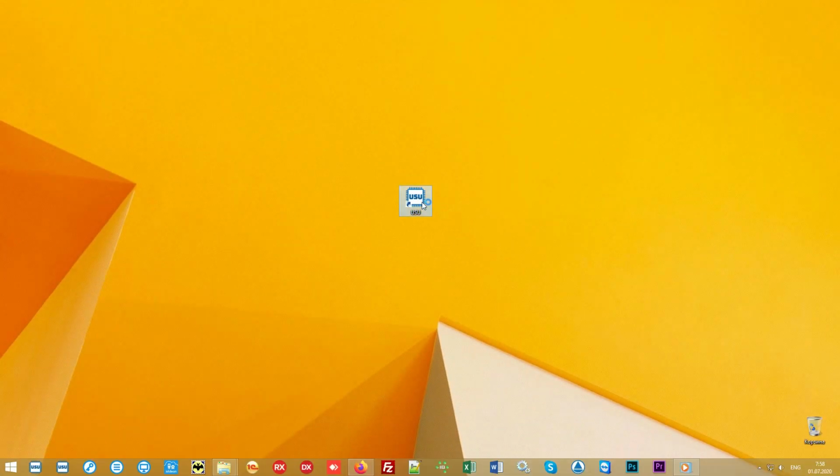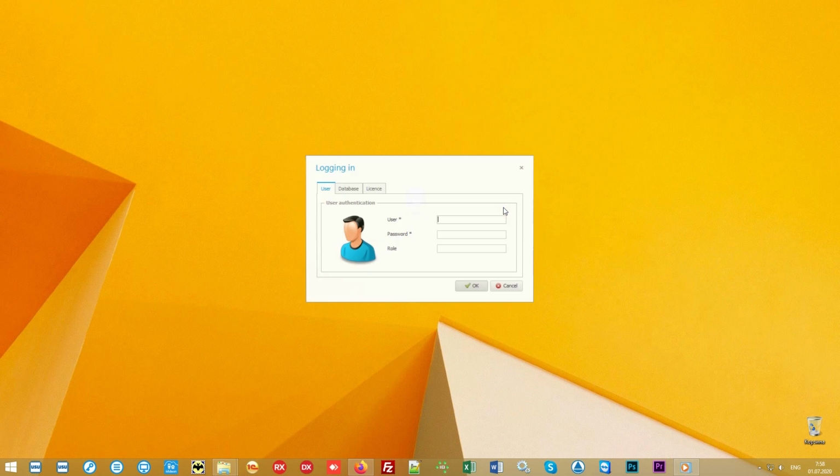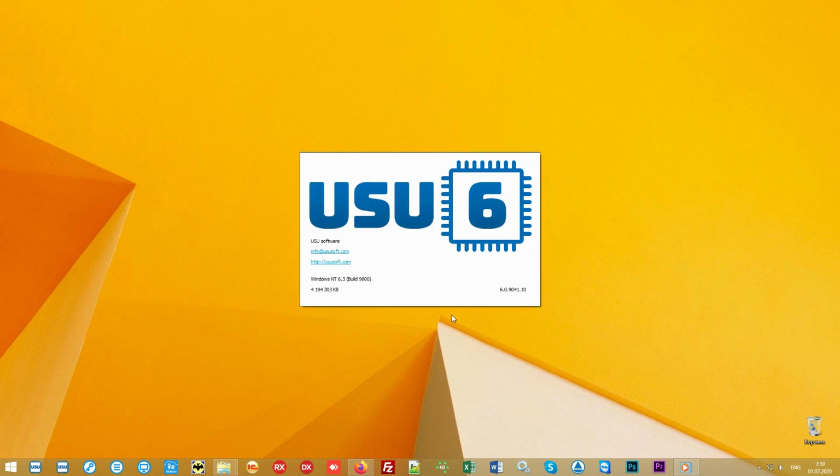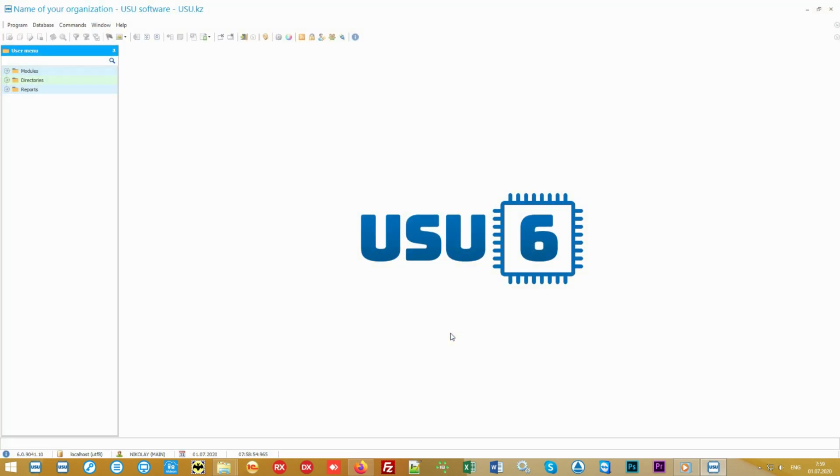The software is launched from a shortcut on the desktop. The login window appears. Each user works under a separate login, which is password protected. Also, each employee can have individual access rights so that they don't see information that is unnecessary for them. Separate access is configured for sellers, accountants, and the head of the organization. We will log in under the role main to see all the functionality.